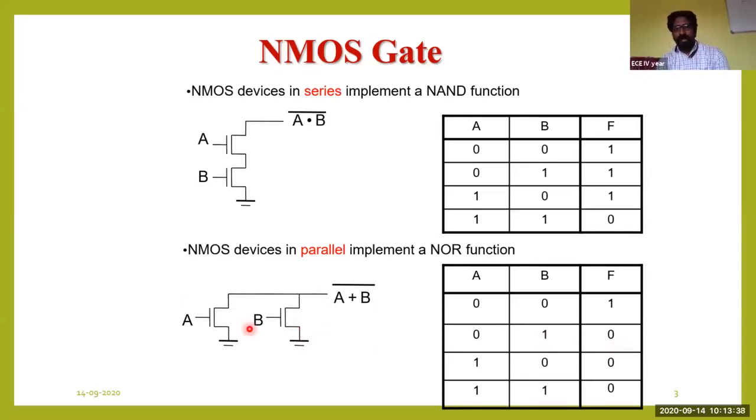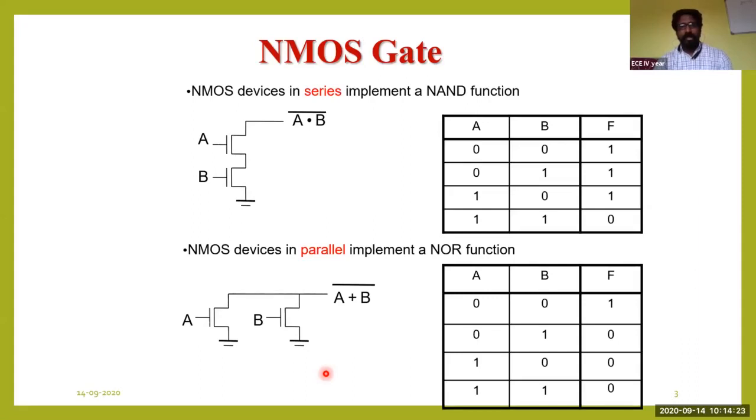Now it's a similar case for the 1, 0 condition. If gate A equals 1 and gate B equals 0, N2 will be turned off and N1 is going to be turned on. So the previous state will travel through this one, and completely you will have a 0 state throughout this channel. That's why you got an answer equal to 0. And similarly it is for 1 and 1, which you have seen while implementing the different kinds of Boolean equations. So this is how to construct a small NAND gate or a NOR gate with the help of NMOS devices, and how to analyze the circuits.